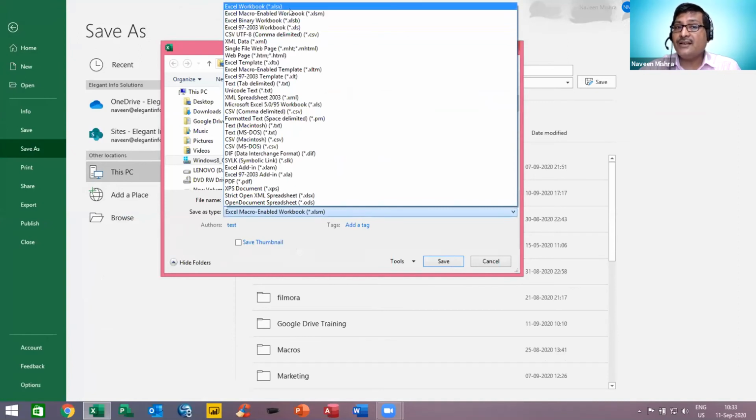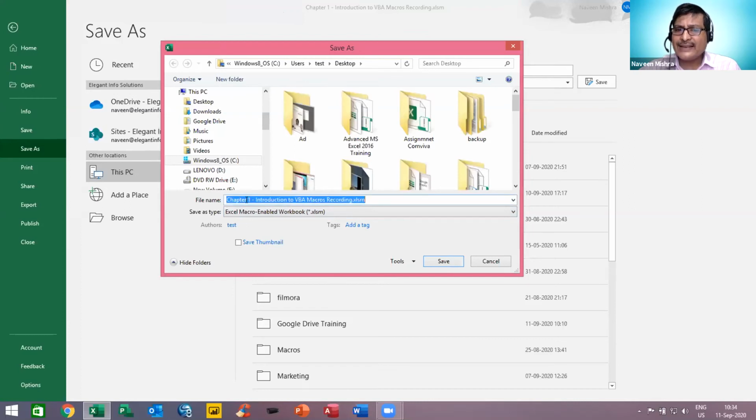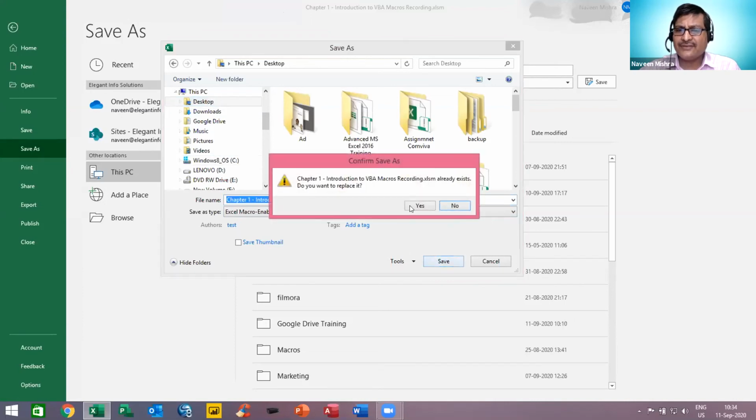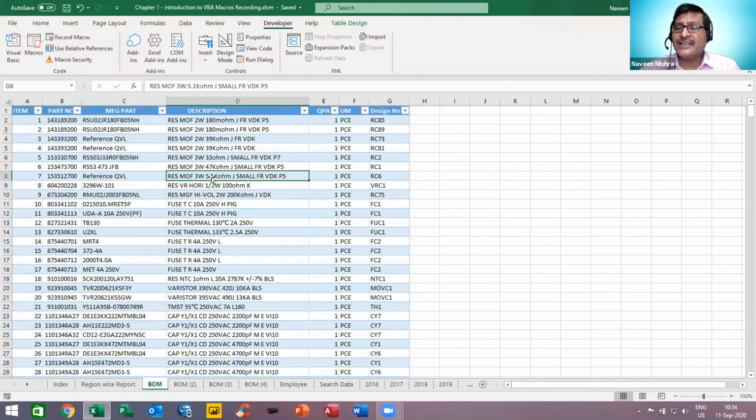One is the Excel workbook extension .xlsx, and the second one is the Excel macro enabled workbook .xlsm. So we can just click on the Excel macro enabled workbook, and now we can select the file name, right? Whatever name you want, just select this one and then save. Okay. So now this macro is saved on my desktop, right?